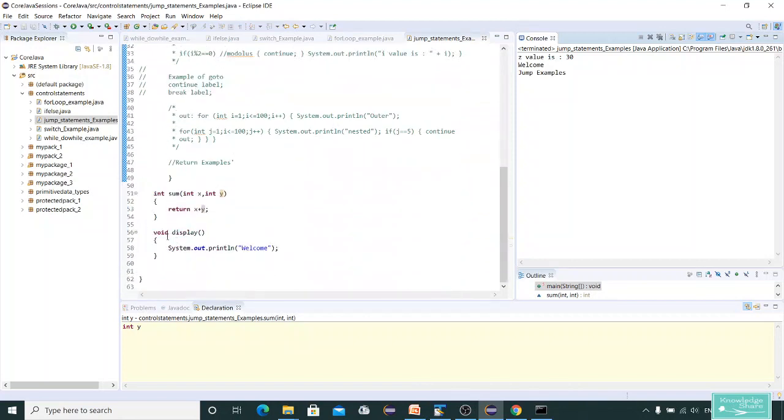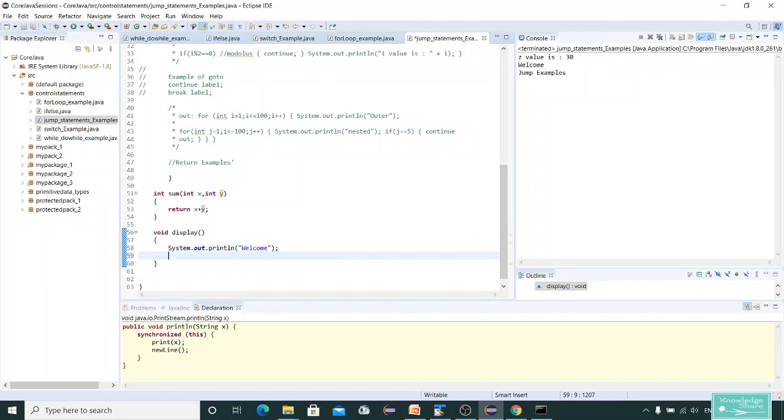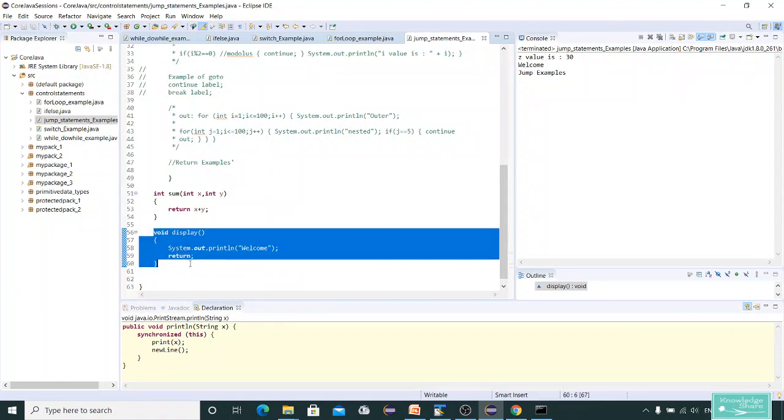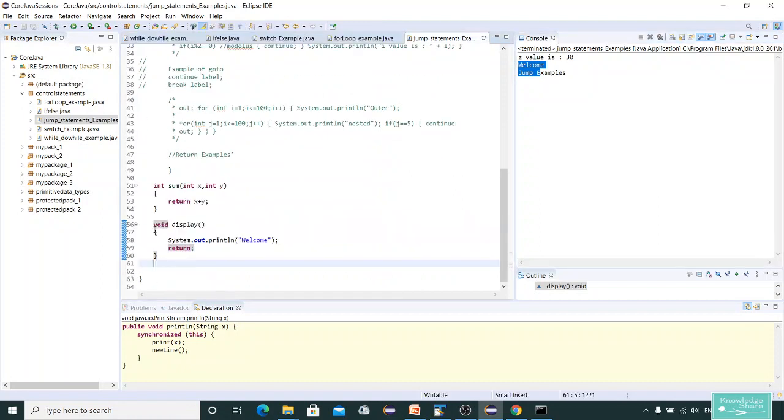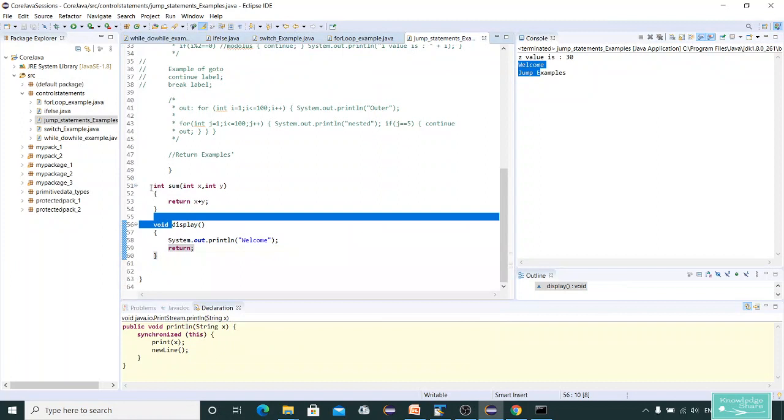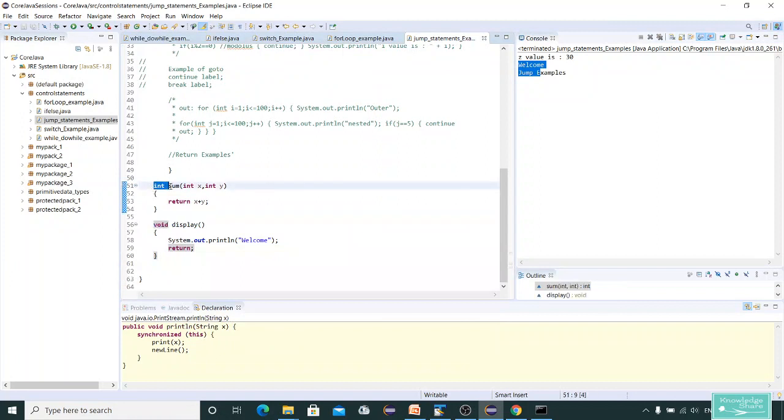Here if you observe, you can even specify the value here, return. It does not return anything, but when this method is executed, it passes whatever the statements executed in this method, that will be passed here, and you will have a text here. So even if you didn't specify, that's not an issue, but since it's a void function, it's not returning anything. And since this is an integer variable, it's returning an integer value. Okay, that's how this return works.